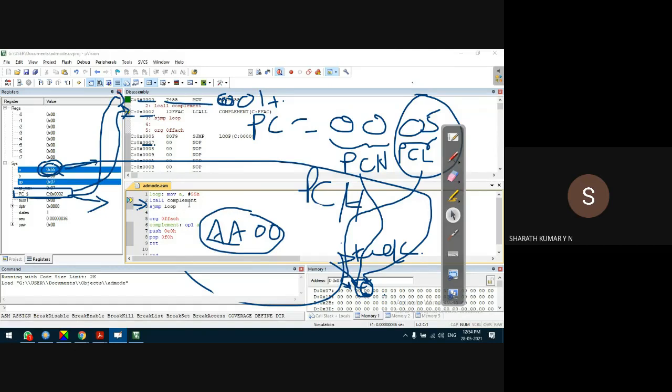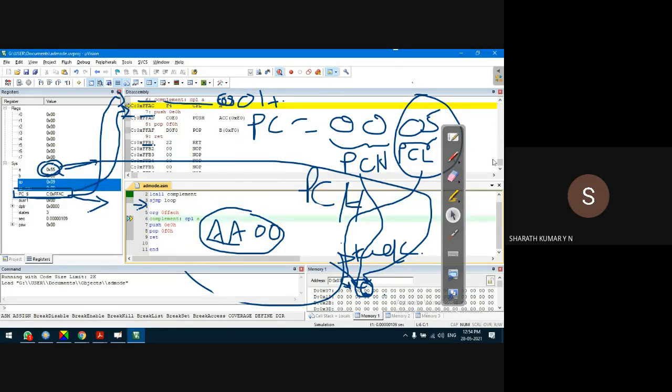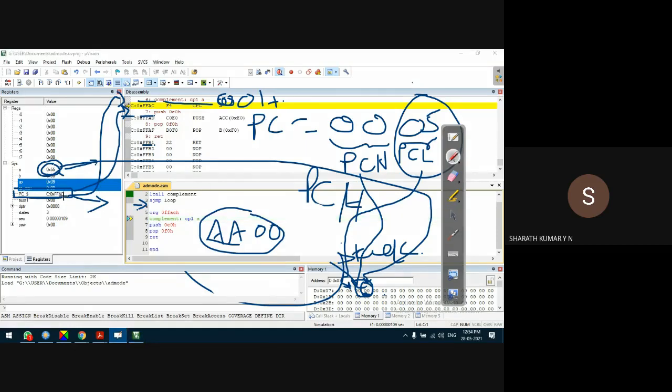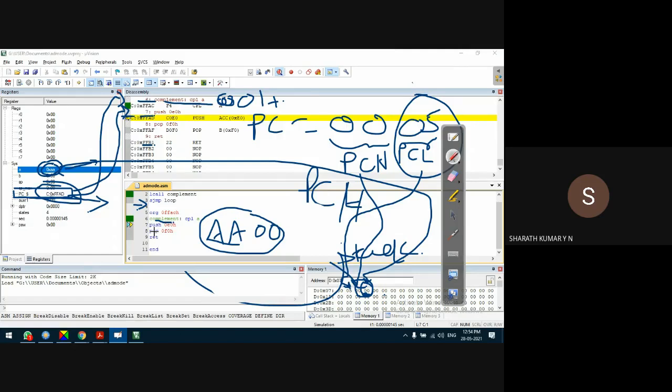F11 on my keyboard. Okay, when this LCALL instruction is executed, you can see that the PC content will be FFACH, because it jumps to the target address, which is FFACH, shown in the program counter. So F11 on my keyboard, it goes to push. When the push instruction is executed, it is pointing to the next instruction. The content of the accumulator will now be stored on the top of stack memory. Let us execute it again.